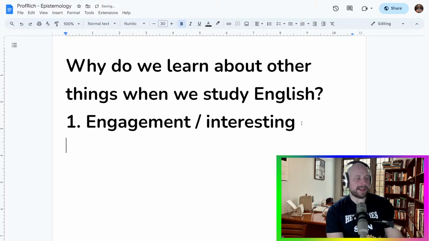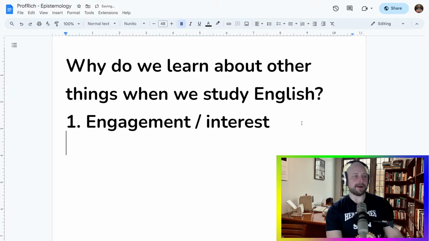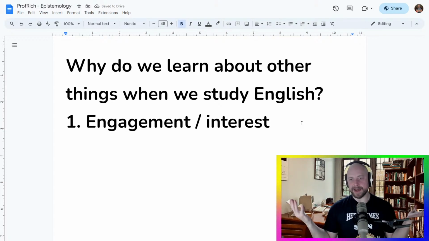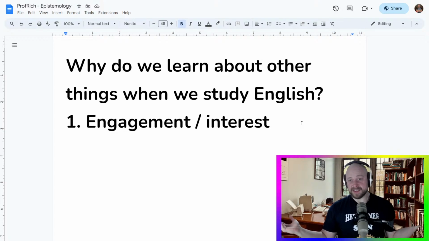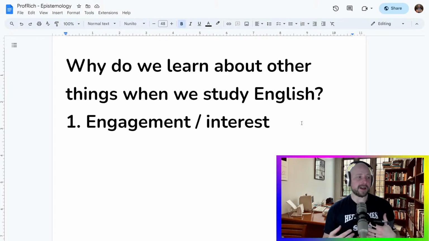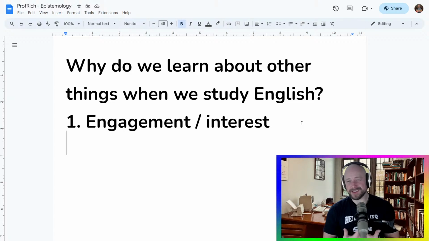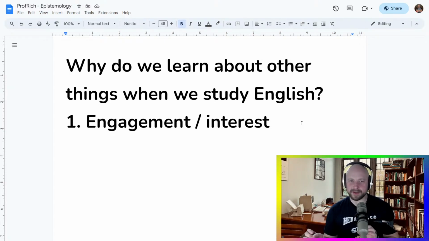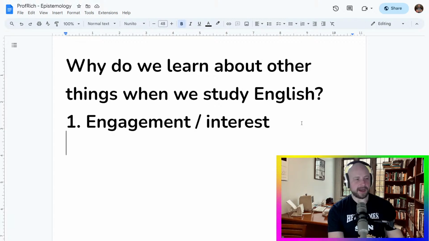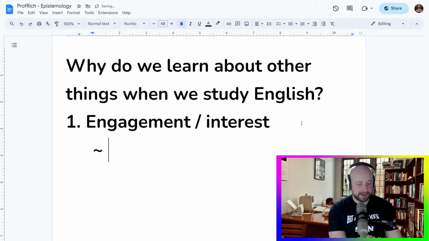But we can also ask, well, why is engagement and interest important? Like, why do I need to talk about philosophy? Why don't I just talk about the present perfect? Well, it's because if I just talk about present perfect, there's something missing there. It's not interesting and it's not real communication. And then you think, well, why is it important for things to be interesting and for us to have real communication? And the reason is because